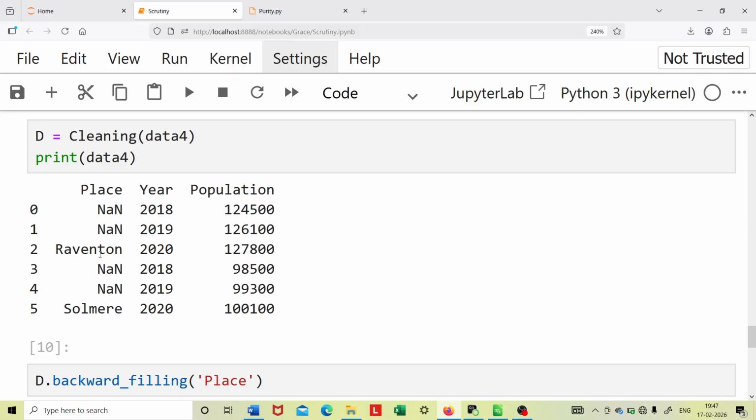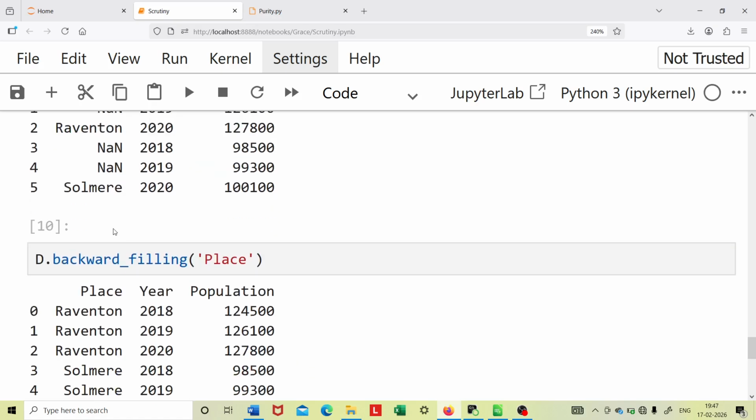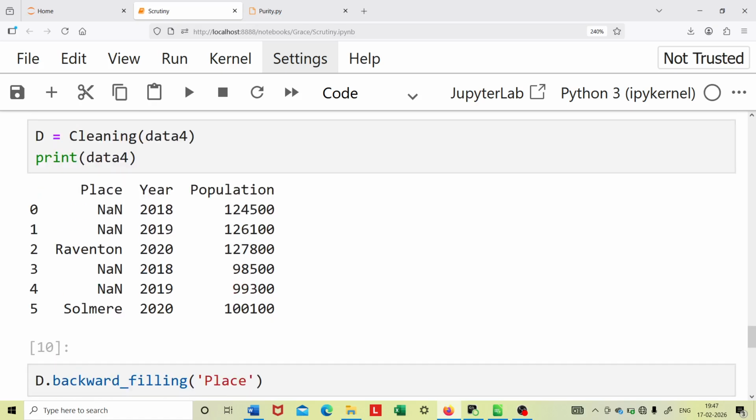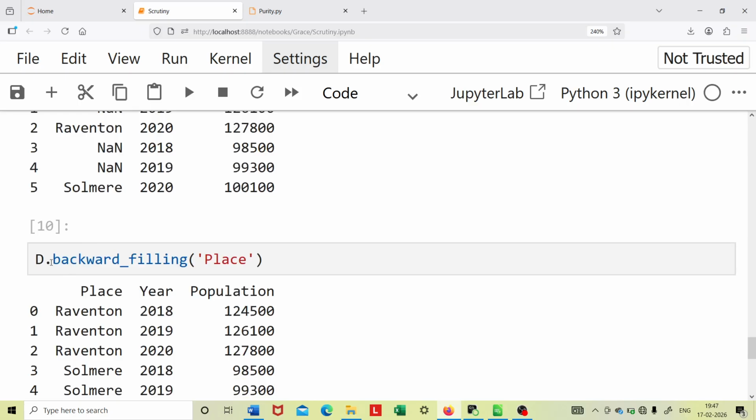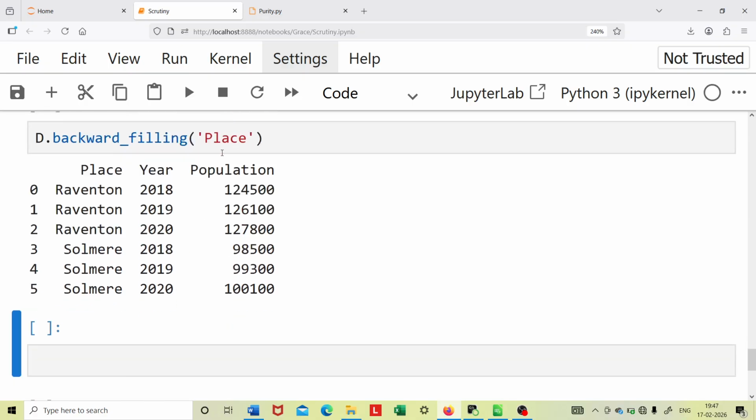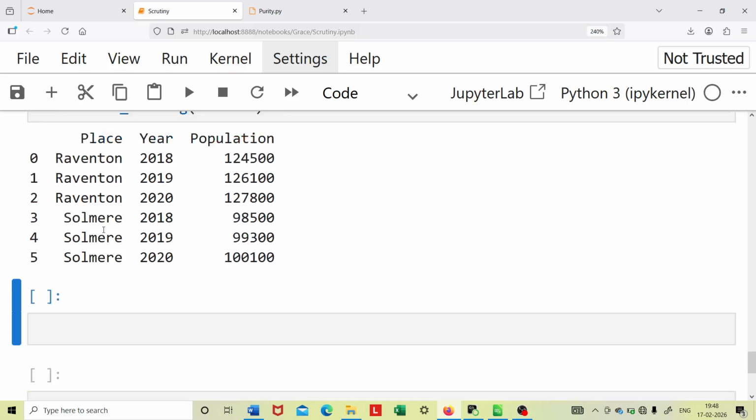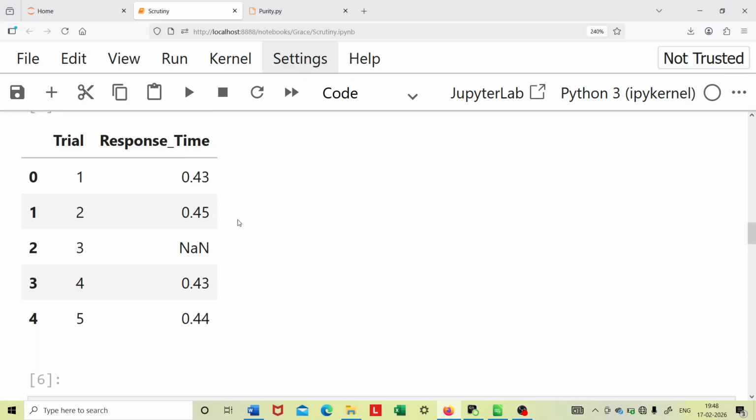Then data4, there are missing values. I have to fill using the same population data, not the previous, the next place name. So backward filling is the function, D is the object, D dot backward filling inside the class cleaning. The column name is place. Column place is filled with backward filling. So this is how this object